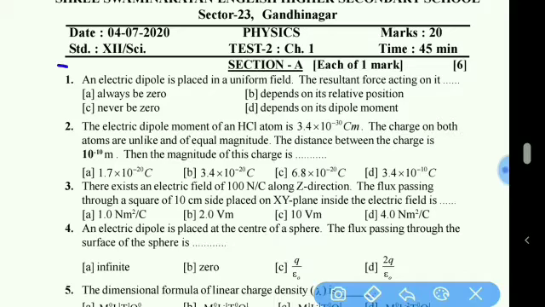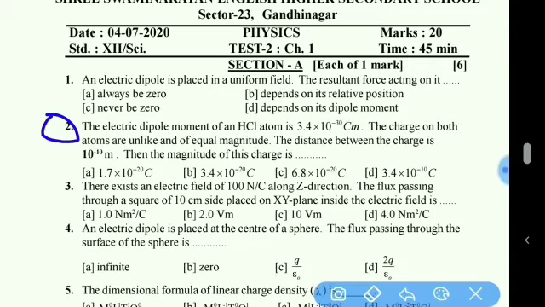In the first MCQ, it is given that an electric dipole is placed in a uniform electric field, and it asks what is the resultant force acting on it. So it is clear that the resultant force acting on a dipole is always zero when it is placed in a uniform electric field. Number 2,